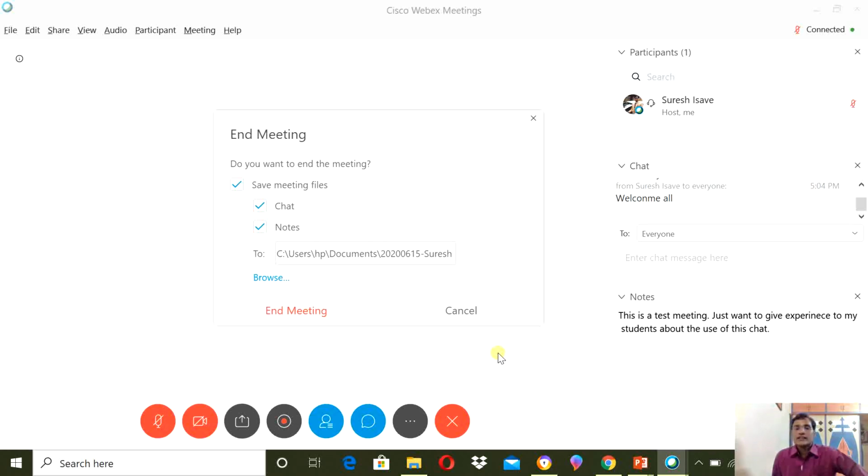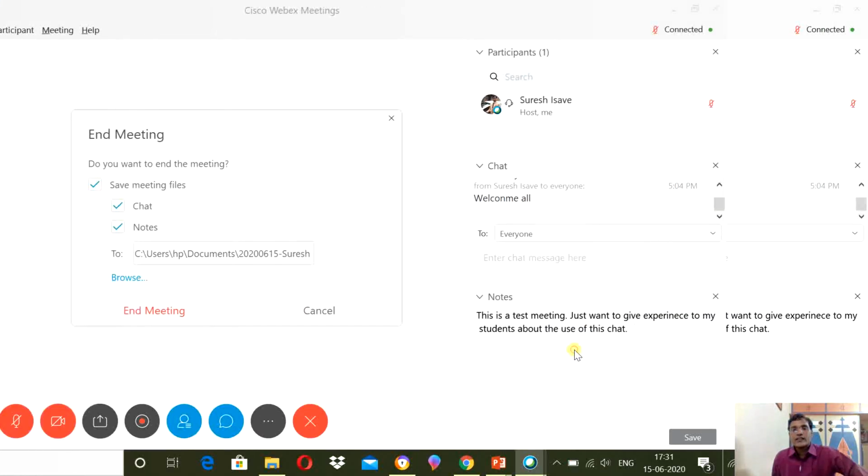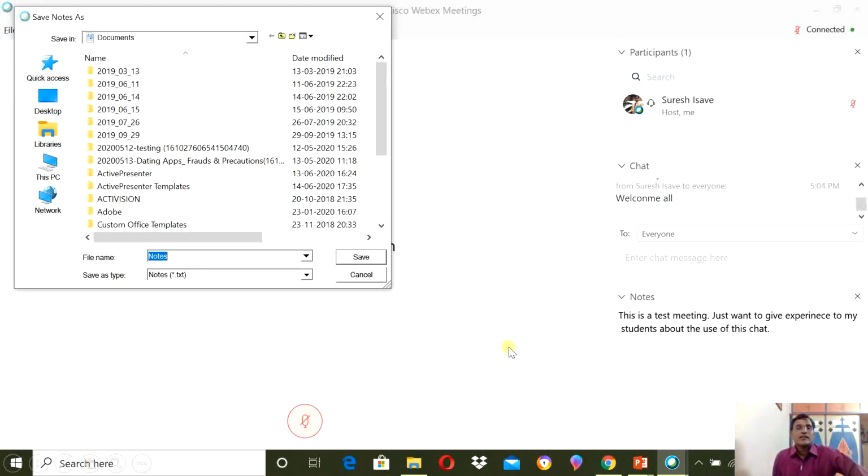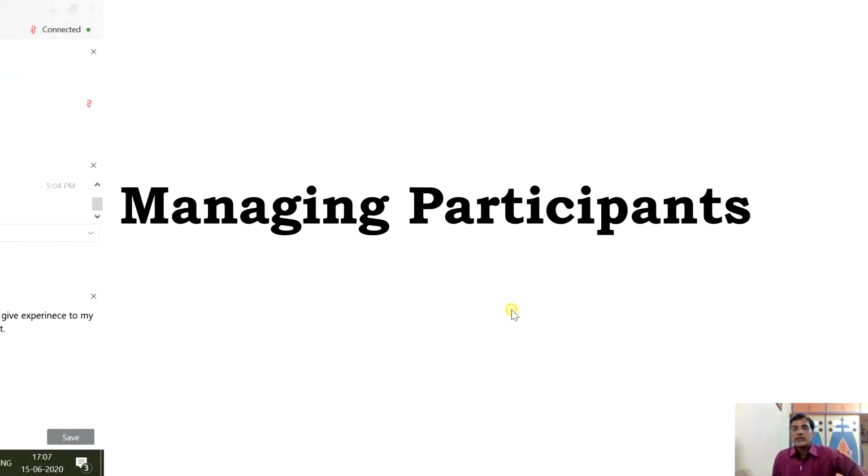Suppose everyone is making a discussion, so that is very useful. So as a teacher, you can tell all the students to make notes on it, so these notes can be shared. Suppose you are joined with other teachers, so they can make notes, so that notes can be saved and it can be shared. So the notes file will be saved as a notepad file, and that can be used later on.